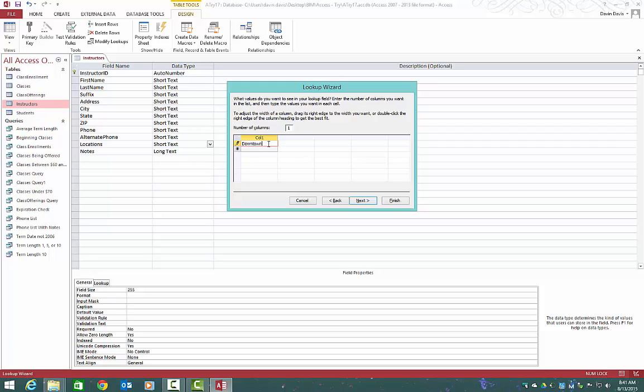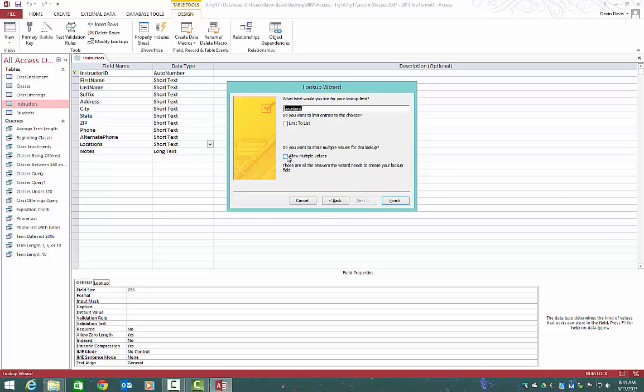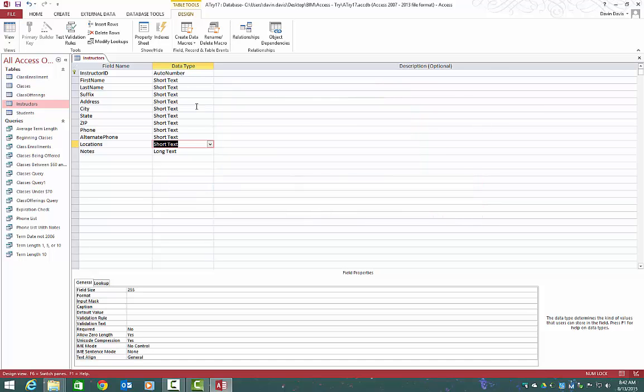Okay, our values here, we're going to have a few. So we have downtown, and hit tab. And you'll know, when you hit tab on this, it goes down, it doesn't go across, but that's the way it should work. We'll have Millbrook, Glendale, and we'll say Fairfield. Hit next, and then on this one we want to allow multiple values, and then I'll show you how that works here in one moment. You'll notice when you allow multiple values, automatically limit to list will be checked. Hit finish, hit yes,